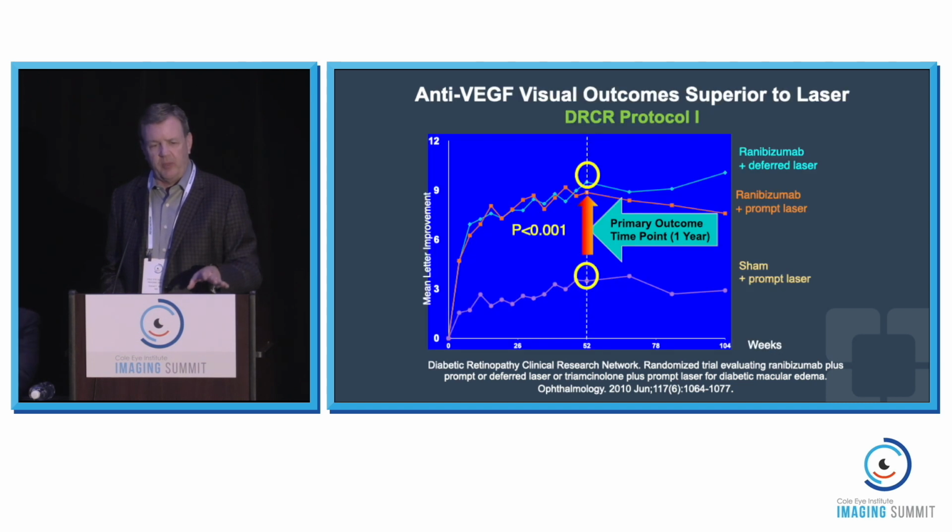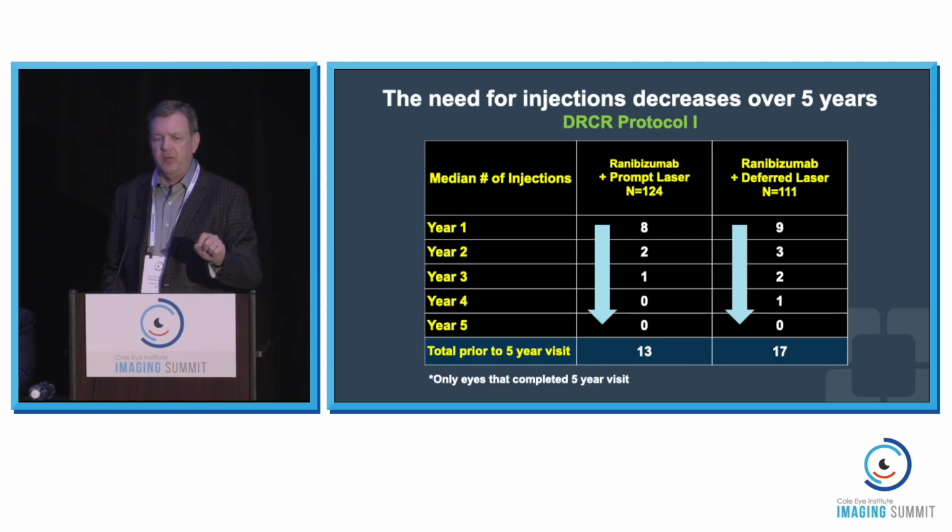And that wasn't the surprise here. To me, this was the most important finding from the study, the thing that even to this day shapes how I think about these patients. I don't think anybody expected this, and that was that the need for the injections decreases over 5 years. In the first year following the DRCR protocol, you need 8 to 9, and by year 2, you only need 2 to 3, year 3, 1 to 2, 0 in year 4 and 5, i.e., diabetic macular edema is a